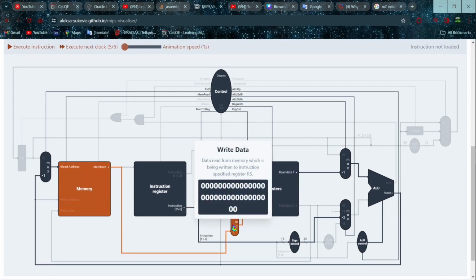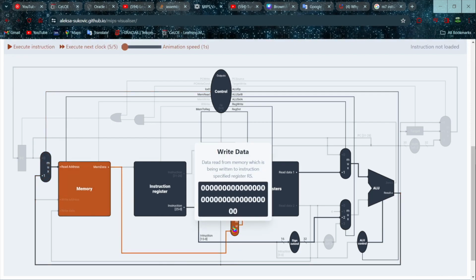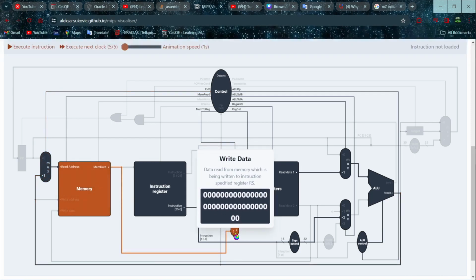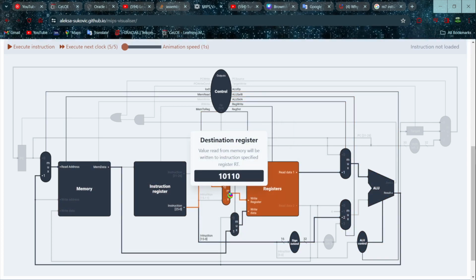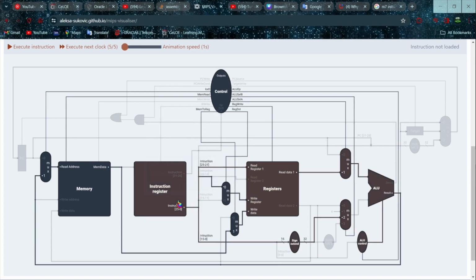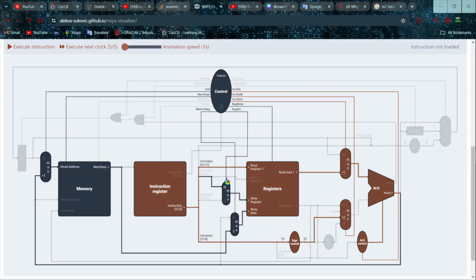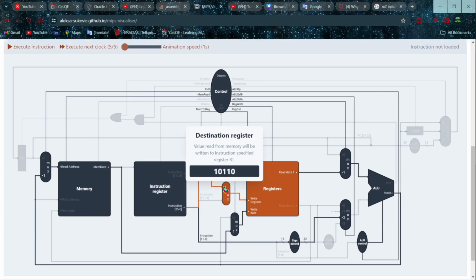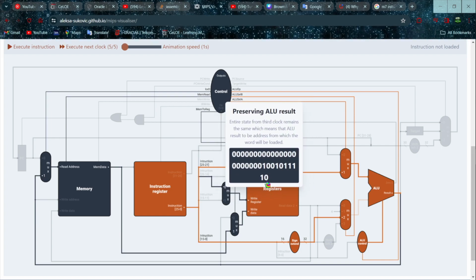The data written from the memory comes through the multiplexer here and activates with 1, and the multiplexer here gives the destination from the instruction register. The instruction register is instructing the address to be registered here.